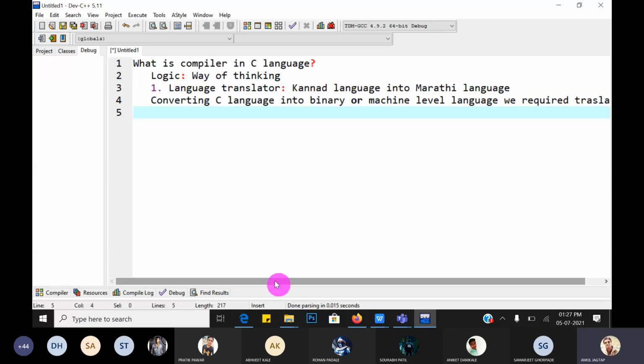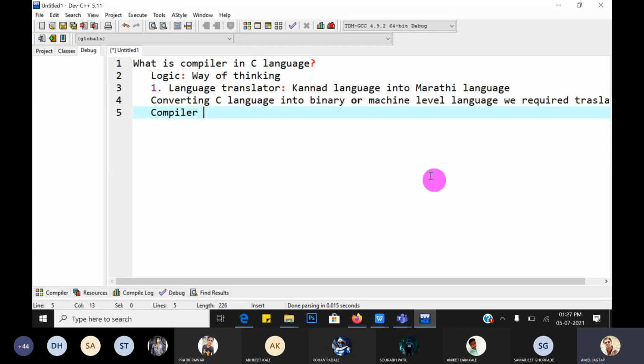For that purpose we require a translator, and that translator is called a compiler in C language. So what is the compiler? A compiler is a language translator which translates your C language into binary language. Understood, everyone? Yes, sir. So that is the role or definition of the compiler.